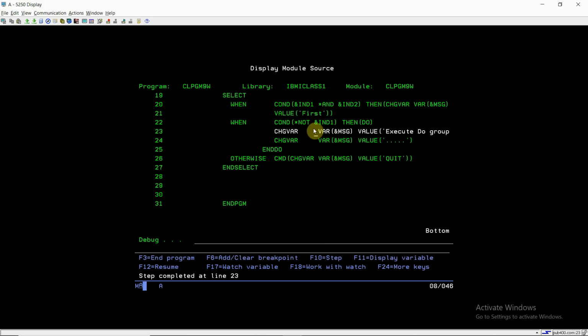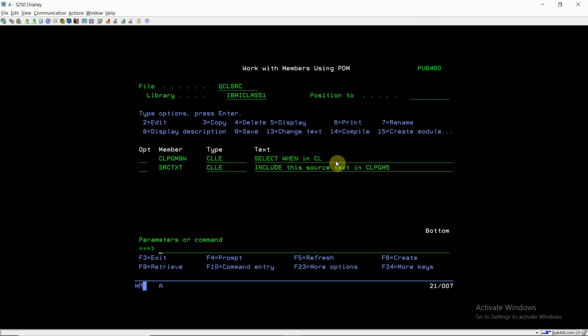Inside this condition we used do and undo commands, so it will execute the group of statements written inside them. The message now has the execute do group text. Then we exit the program, the flow exits the select, and comes outside the end select.